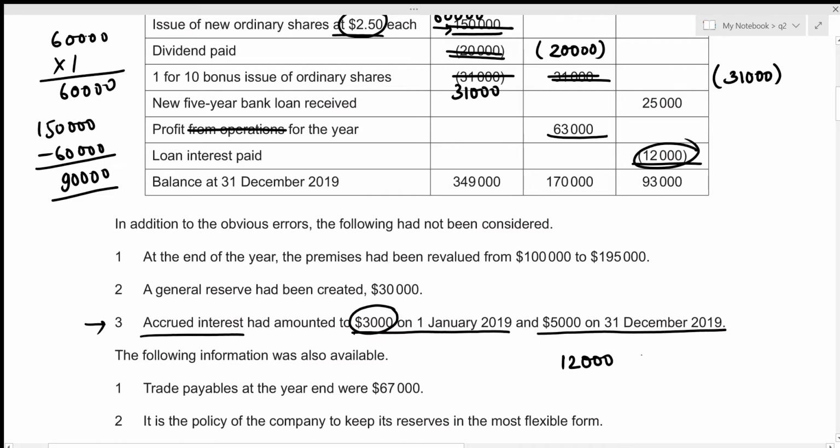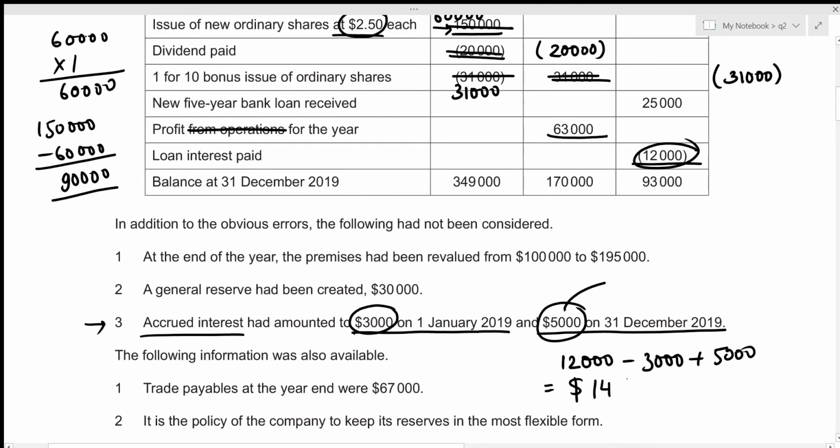So we are just going to subtract that 3,000. And then we have the accrued interest amounting to 5,000 on our closing date, which is 31st December 2019. And this just means that this is the interest yet to be paid, which actually relates to this particular year. And this should definitely be included in the interest charge or the finance charge for this year, right? So I'm just going to add that 5,000. Now this gives our total finance charges to be 12,000 minus 3,000 plus 5,000, which results in the value of